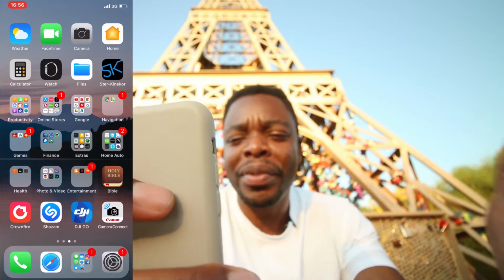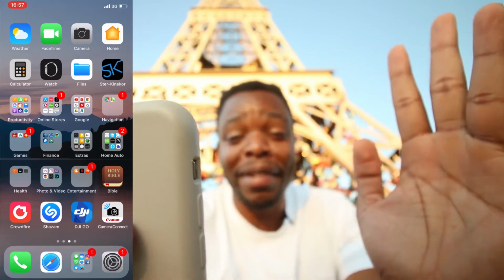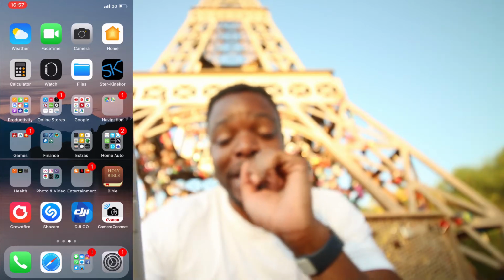The home app, I really don't know until this day why this app is here, because I hardly use this, and if I could actually delete it, I would delete it. But